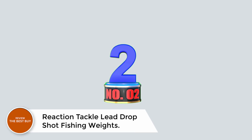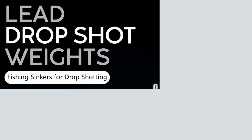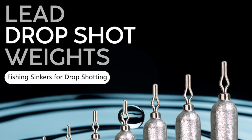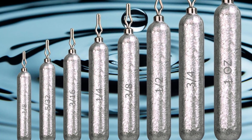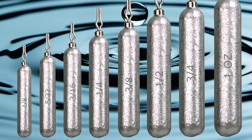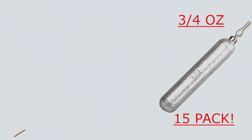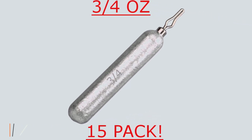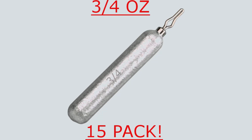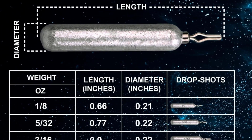Number 2. Reaction Tackle Lead Drop Shot Fishing Weights. Introducing Reaction Tackle Lead Drop Shot Fishing Weights, the ultimate solution for anglers seeking efficiency and versatility on the water. Crafted with precision using high-quality lead material, these weights boast an advanced design featuring a smart V-shaped eyelet. This innovative design allows for easy weight changes without the hassle of retying or re-rigging, perfect for anglers who value